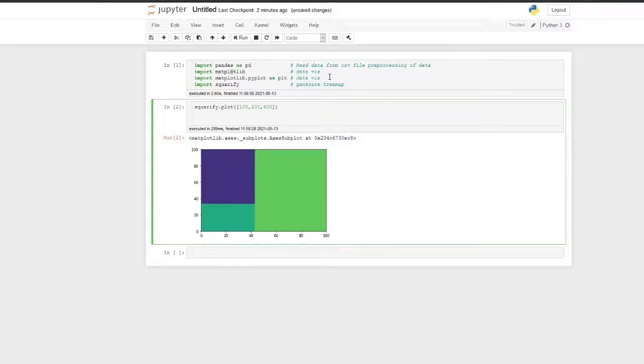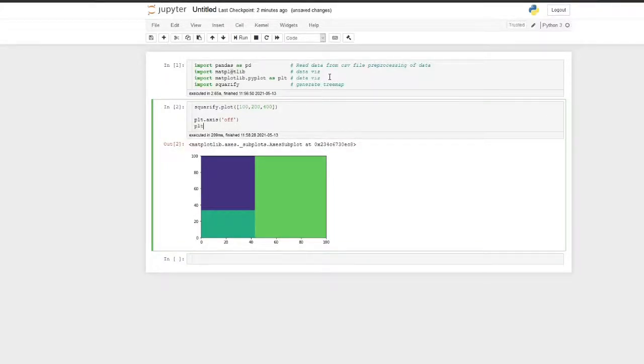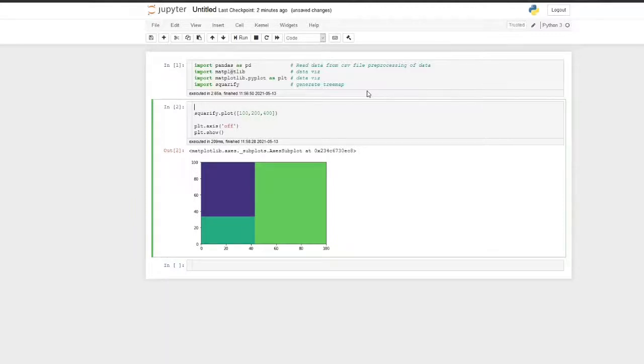The axis can be turned off by using plt.axis. I will use plt.show also, so that this matplotlib object name will be removed, as it is not required.